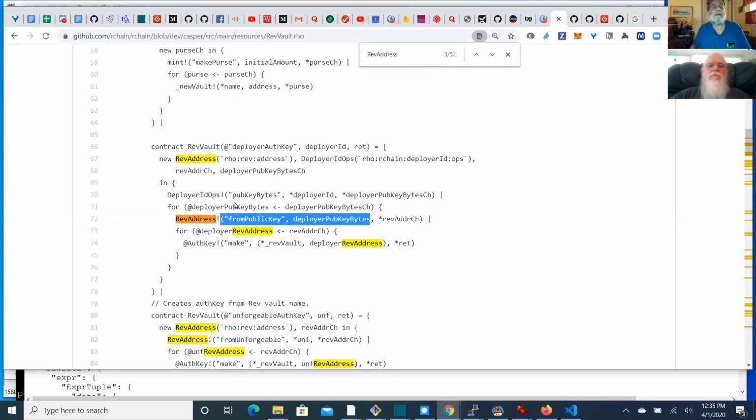I don't know. But we're getting deployer ID ops, okay, which is returning us the deployer public key bytes. Of course, we have to give it the deployer ID, and the channel to get back the